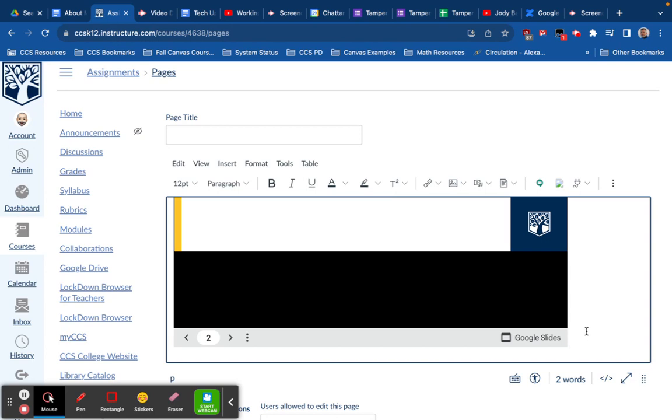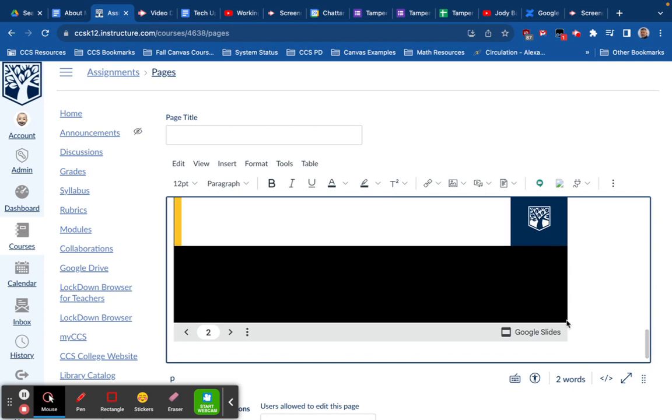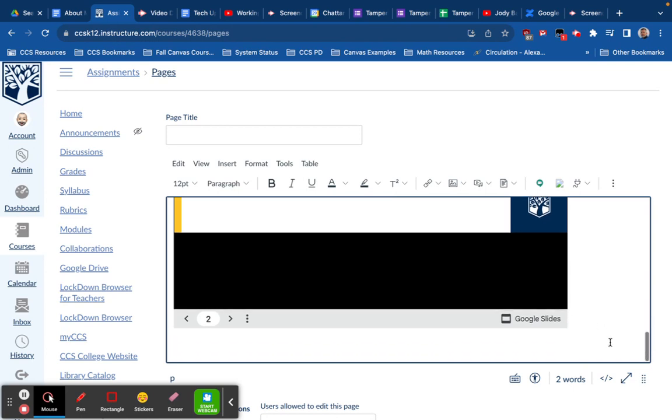We can also do the same thing to slides, or sorry, for sheets. We can embed Jamboards. The Jamboards, however, will be in a view only mode. It will not be in an edit mode. We can embed maps. We can embed videos from our Google Drive. Pretty much anything that you have in your Google Drive, other than Google Earth projects and also Google Sites, you'll